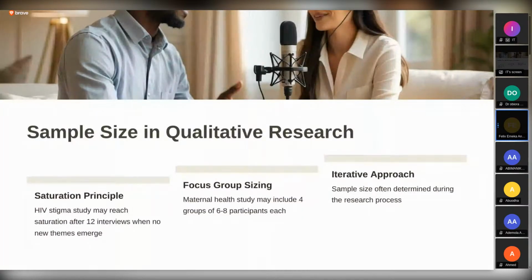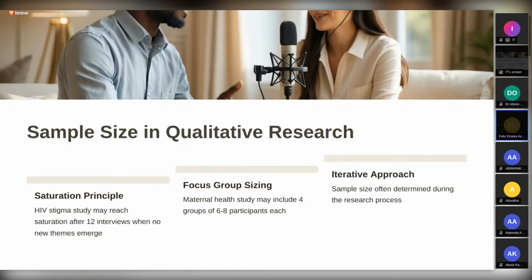So for qualitative study, we don't usually go this route. Qualitative study usually depends on saturation. You don't really calculate the number that you're going to use. You just keep interviewing until you get to that point where those that you're interviewing keep saying the same thing. It means you've gotten to the point of data saturation. All right, meaning that for qualitative, you do in-depth interviews, so you keep interviewing. You can interview 8, 9 persons, 10 persons, 11, 12, 13, 14, 15.